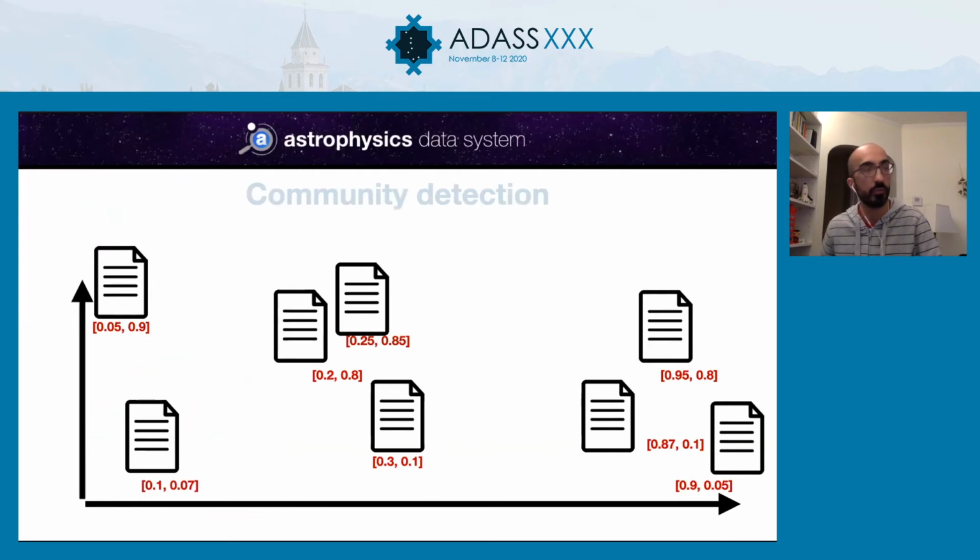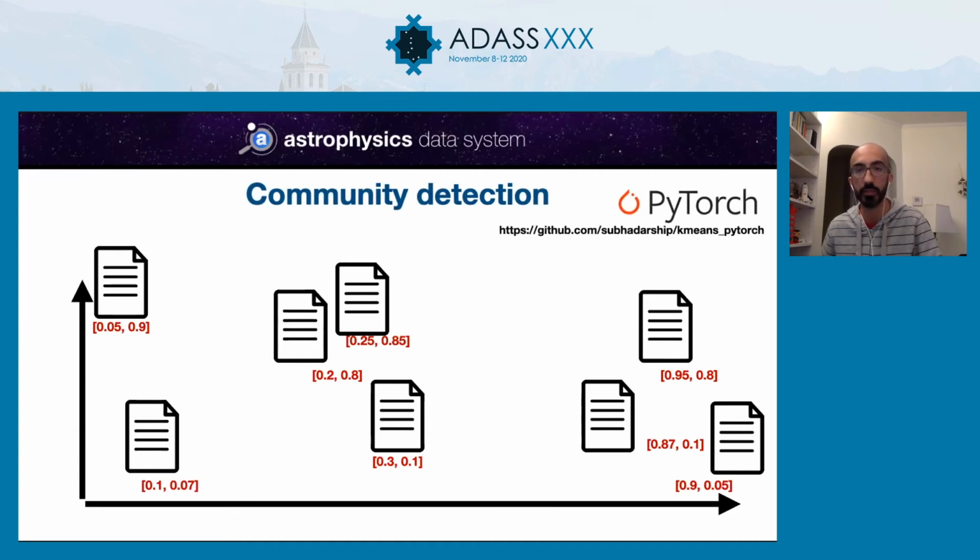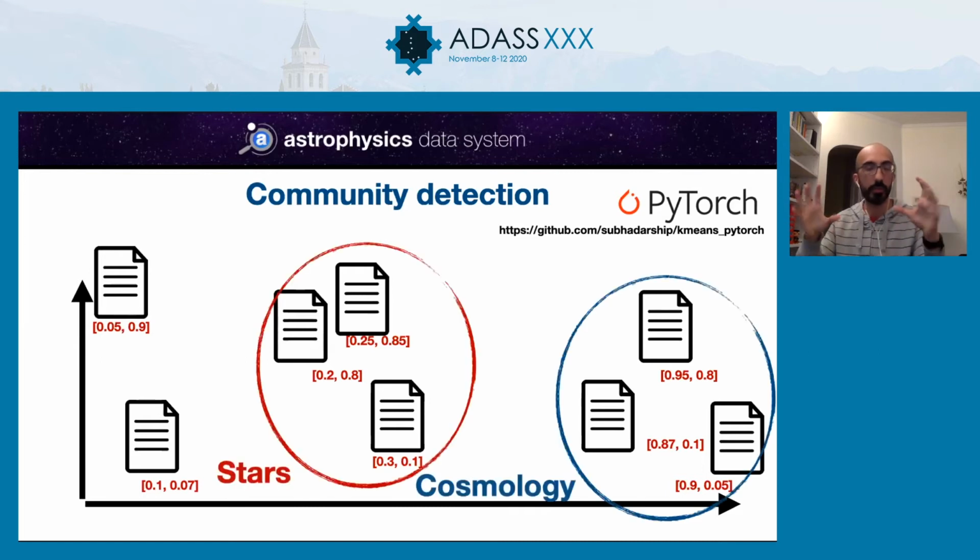Another thing we can do once we have this data is, of course, apply clustering algorithms, like for instance the typical k-means algorithm, which would allow us to detect a group of papers that talk about the same topic in an automatic way, just focusing on the semantic content of these papers.